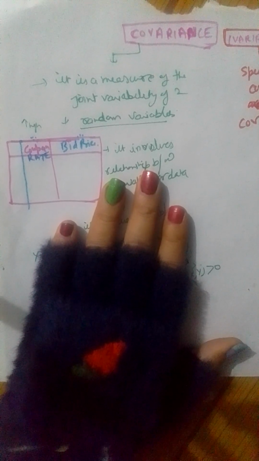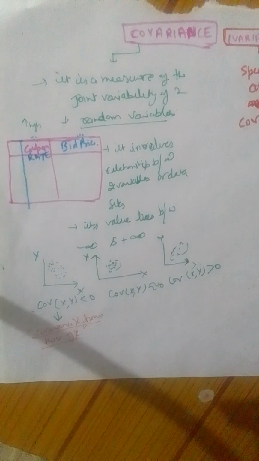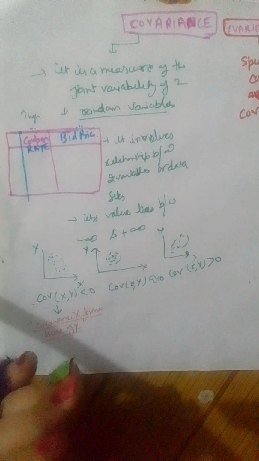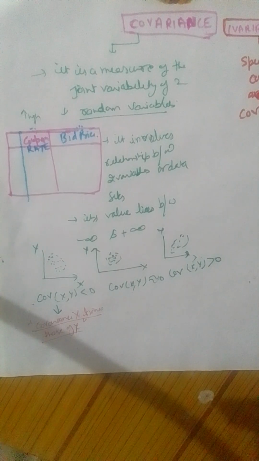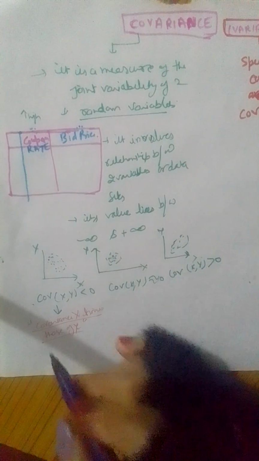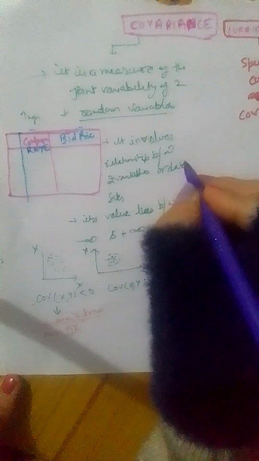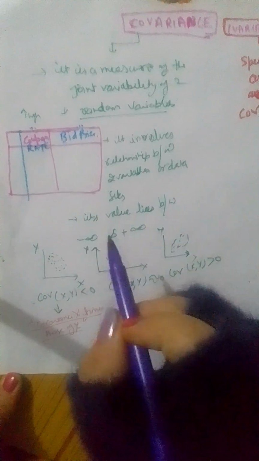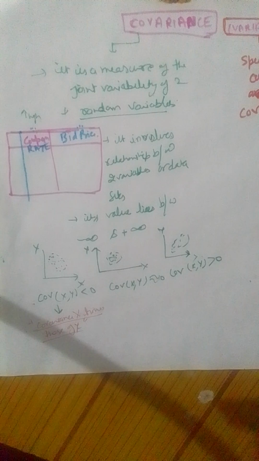So please pay attention to the topic I am teaching you here, so that you don't get confused when we build the model and do the model assessment later on. So this is the covariance. It involves a relationship between two variables or data sets. Now the next thing is